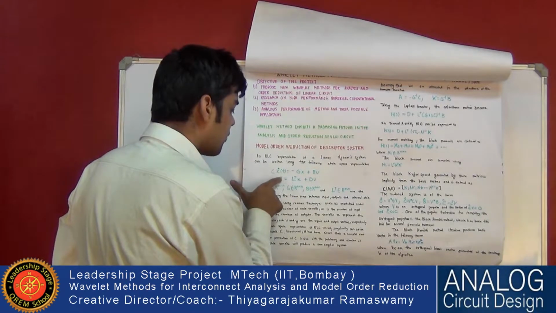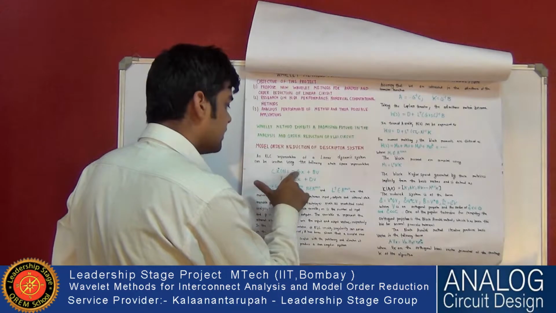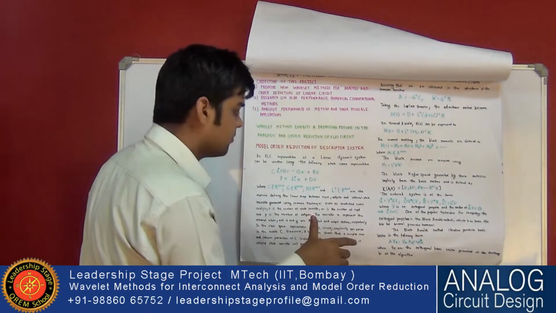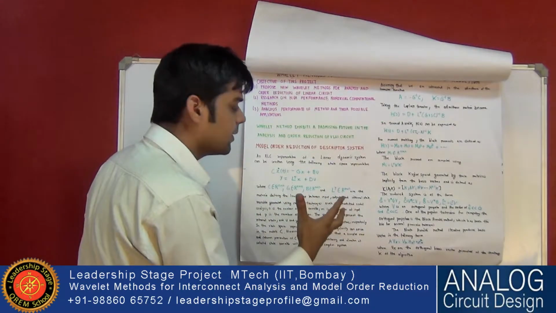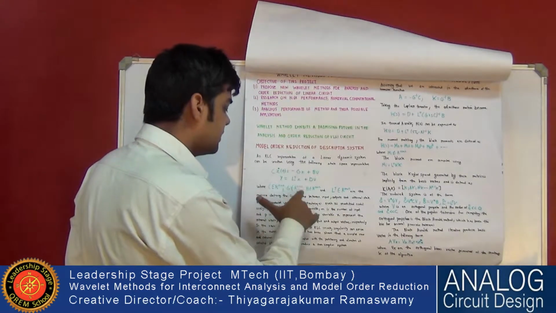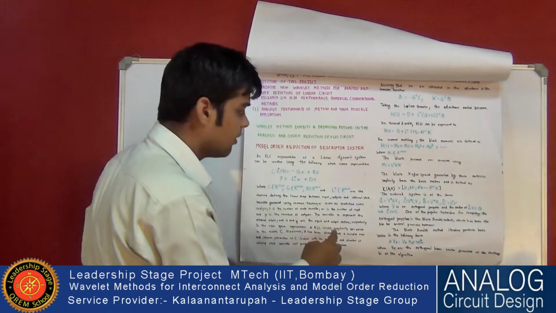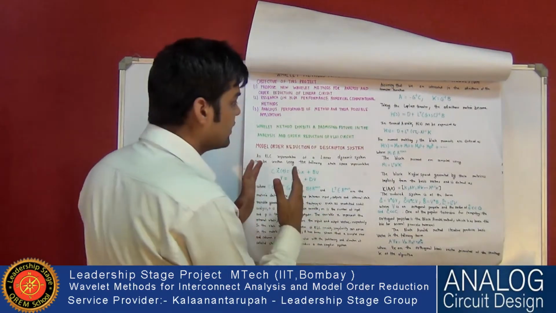P represents the number of outputs, how many y will come, and n is the number of states. Number of states means how many equations you have to solve, and u represents the number of inputs, and x is the number of variables. Variables means